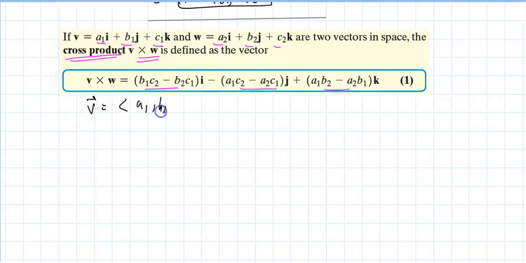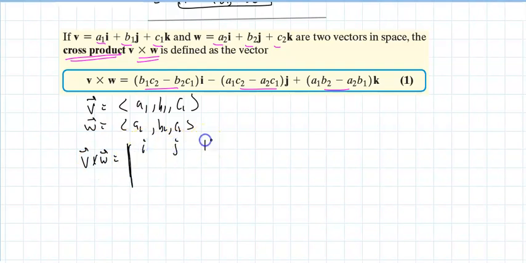V is A1, B1, C1. And W is A2, B2, C2. So when we say we want to find V cross W, the way to do it is really to think of I, J, K, write down the first vector in that order, and that would be A1, B1, C1, and the second vector in that order, A2, B2, C2, and if I find the determinant of this, I'll notice there's the I,